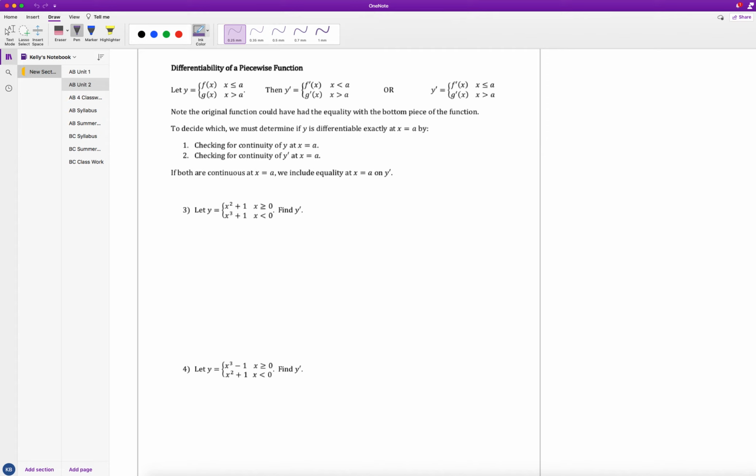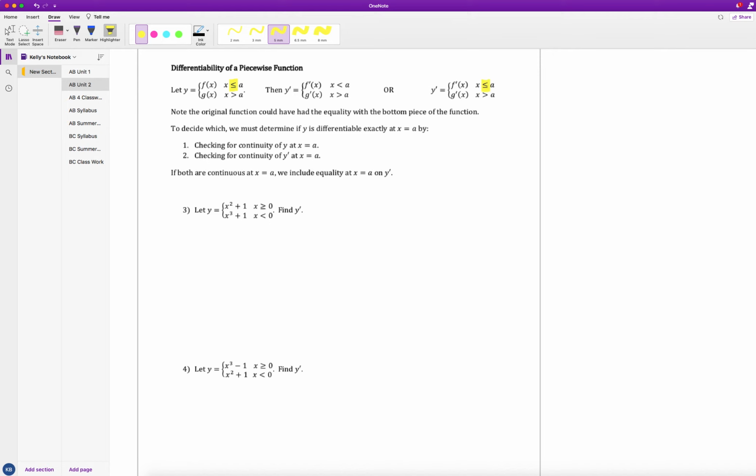function is not differentiable. So the definition for a piecewise function to be differentiable, if we have a function y, which is defined to be f of x if x is less than or equal to a, or g of x if x is greater than a, then y prime has two options. Y prime is going to be equal to f prime if x is less than a, or g prime if x is greater than a, or the other option, the best case, would be that y prime is equal to f prime when x is less than or equal to a, so that equals 2 bar that we had to begin with is still there, or y prime equals g prime when x is greater